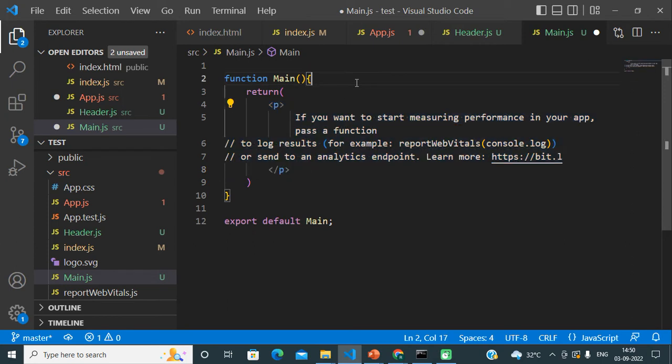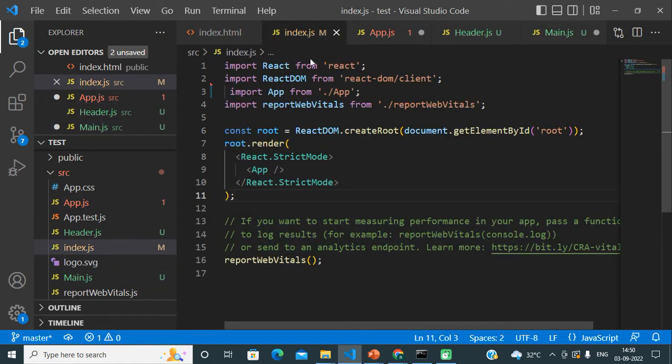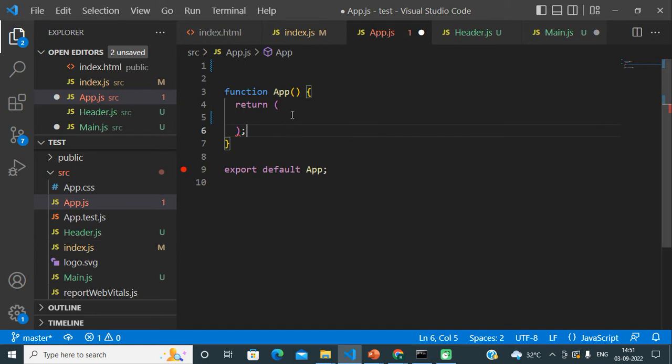Okay, now I will render these two components from this app component. So basically our hierarchy will be like, from the index.js file the app component is being rendered, and from the app component I am going to render header and main.